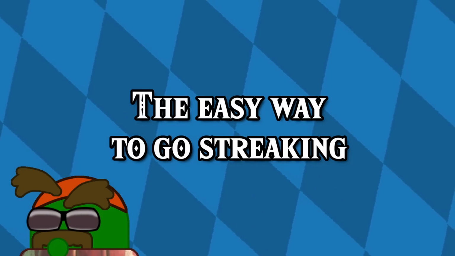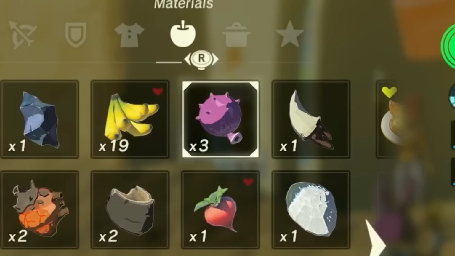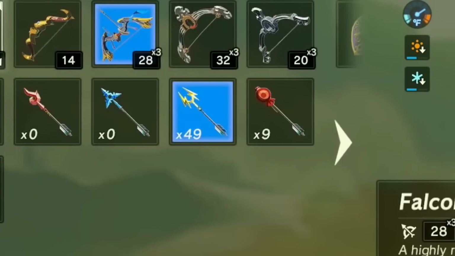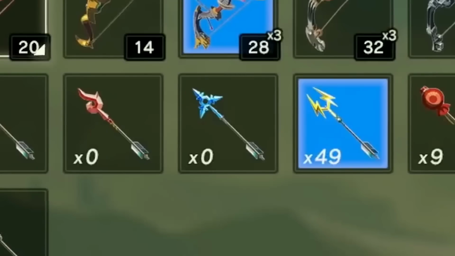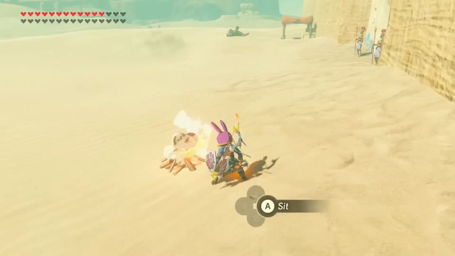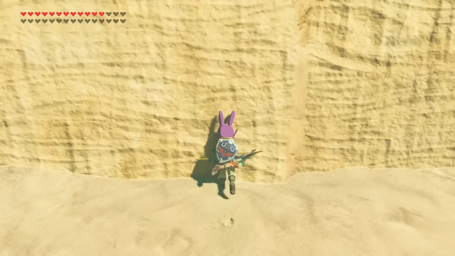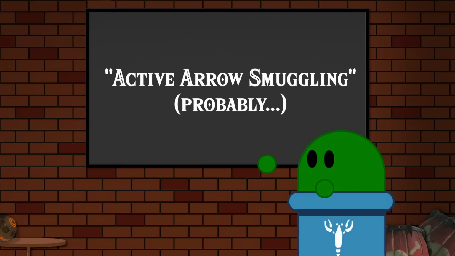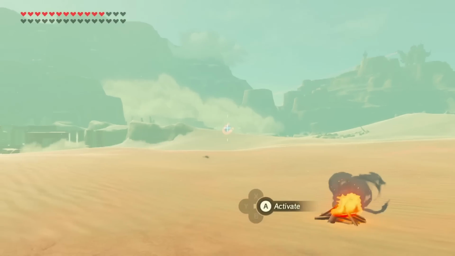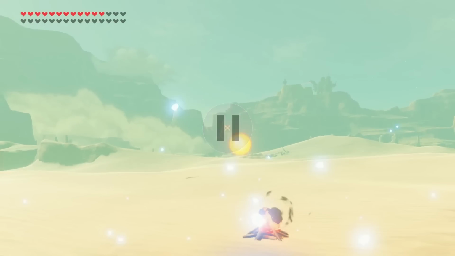Still weird. For this method, we're gonna need 3 or more octo balloons, a bow, multi-shot bows if you're not a peasant, a shock arrow, cause it's purty, wood, fire, and 0 arrows of something. Slap down your campfire near Gerudo Town. Come over here to a flattish spot against the wall. We're gonna be doing something called active arrow smuggling. Whip out your magnesis and fire it off, and before it actually finishes getting finished...